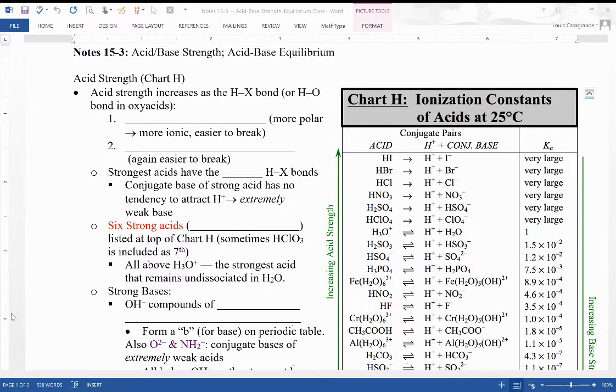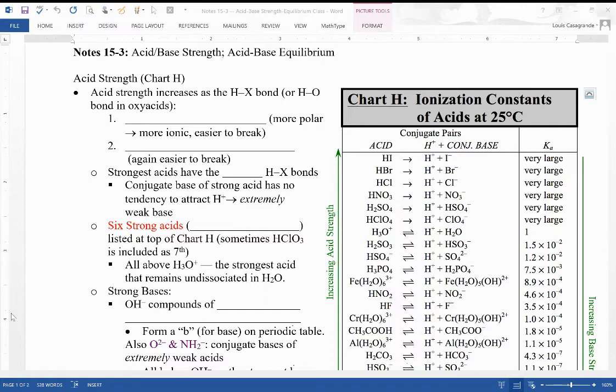And in today's installment, we are going to be discussing strengths of acids and bases, the equilibrium constant Ka and Kb for acids and bases, and how to interpret them and how to start to make some use out of some calculations involving them. The first thing I want to do is draw your attention to chart H on the